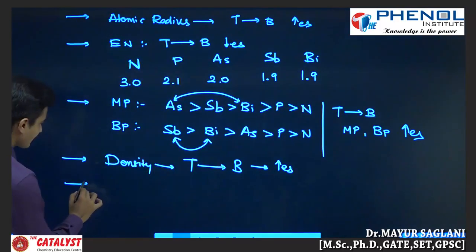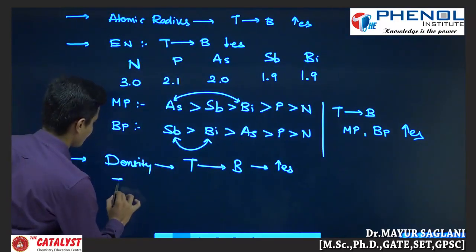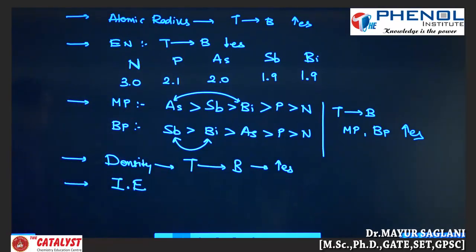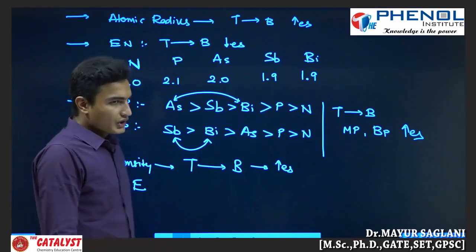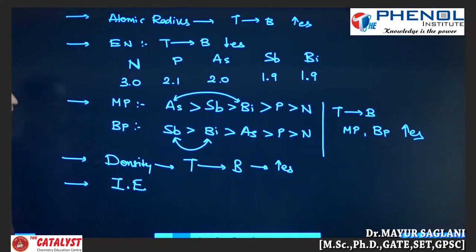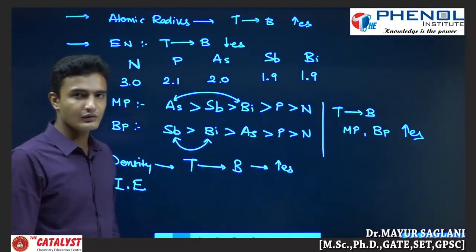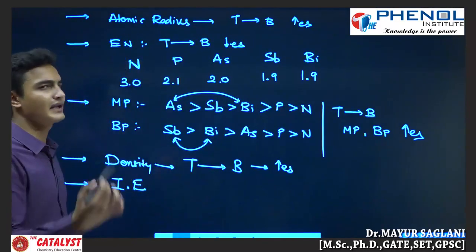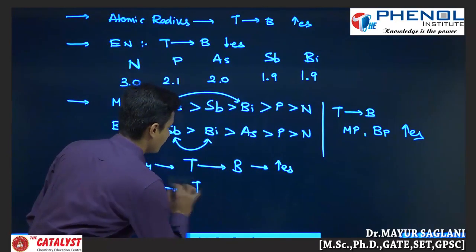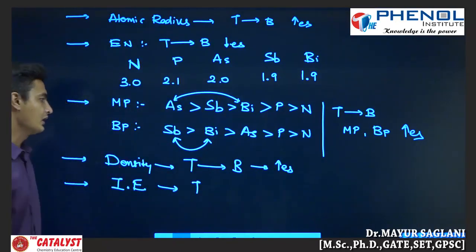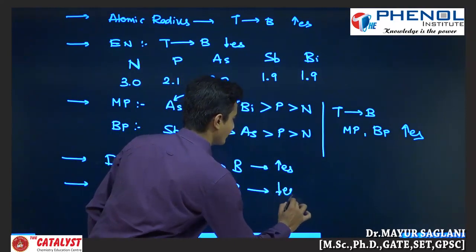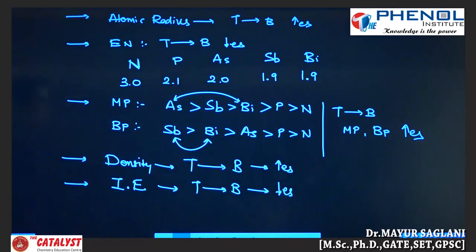Okay, next, ionization potential, that is the value of ionization enthalpy, or you can write ionization potential. So what is the general order? The general order for the ionization enthalpy is that it decreases from top to bottom. It is in the regular manner, there is no change. Ionization enthalpy, or you can say ionization potential, decreases from top to bottom, and there is no change with the value of ionization potential.